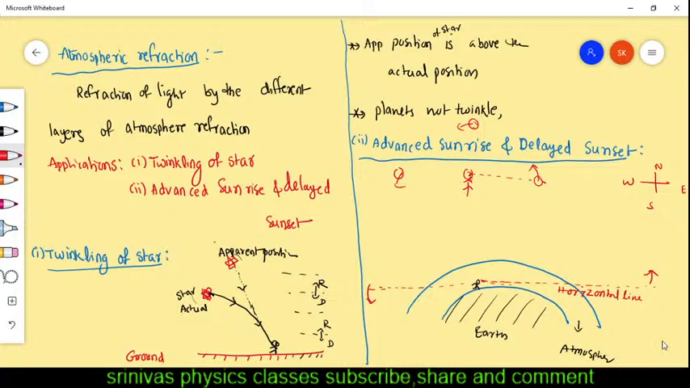Now, actually, the sun is here. Let us consider this is the original location of the sun. And the sun is below the horizontal now. Generally, as per the rule, the sun should not appear. But what happens? This sunlight passes through several different layers of